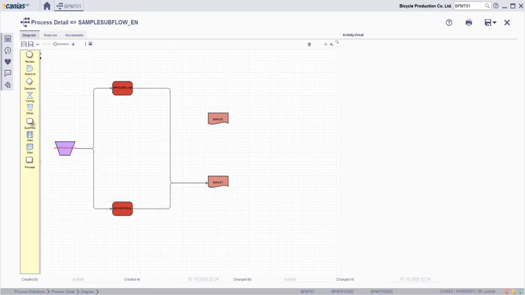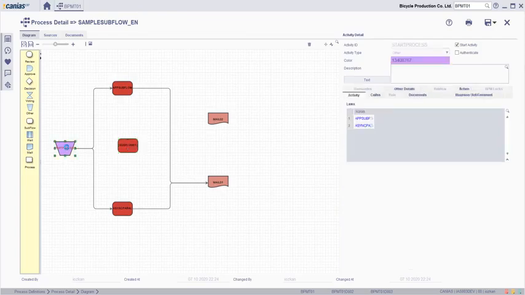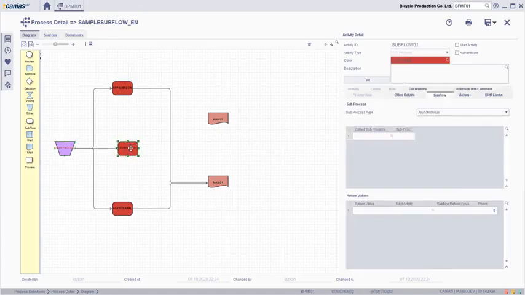Now select the subflow type activity and then drag it to the diagram. Then redirect the start process activity to the newly added activity by adding a new link. The subprocess activity is an auto-running activity. Subprocess activity can be directed to many activities according to the results of the